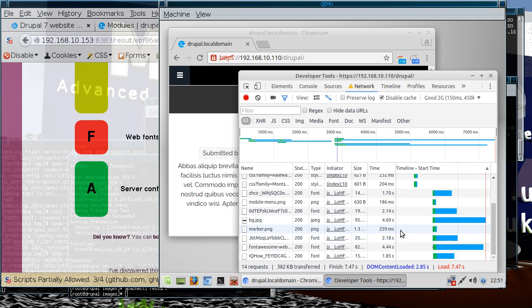Okay, and just to show that it really is just the loading, basically if I enable the cache, you'll be able to see the